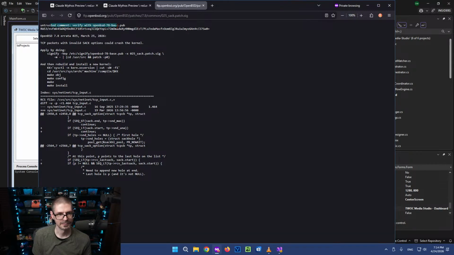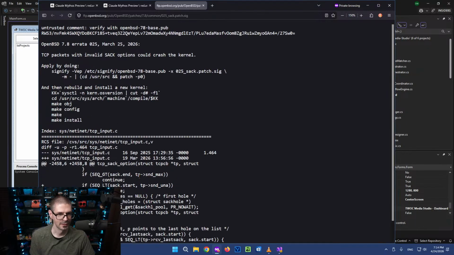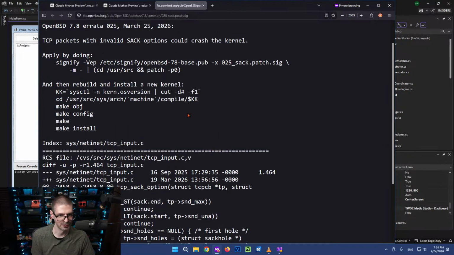I don't know what this is. So here's some likely C++ code. Let's see if we can figure it out.